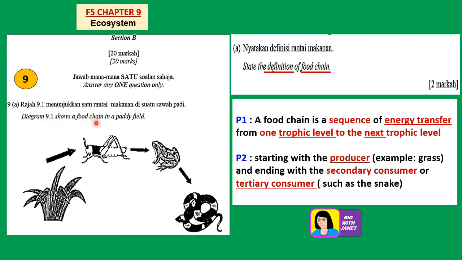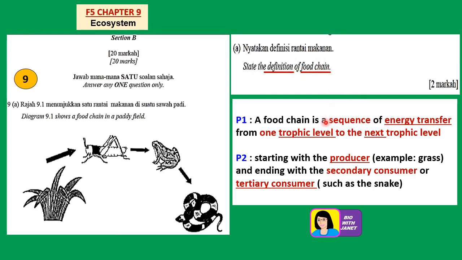Diagram 9.1 shows a food chain in a paddy field, all right? Grass eaten by a grasshopper, which is eaten by a frog, and the frog is eaten by the snake. First question, state the definition of food chain, right? So